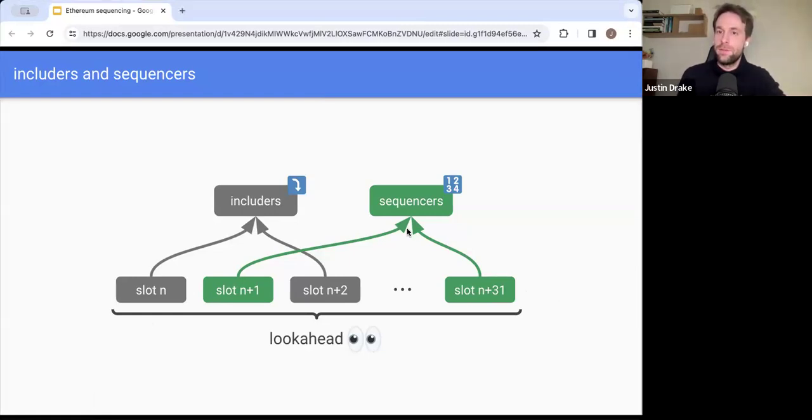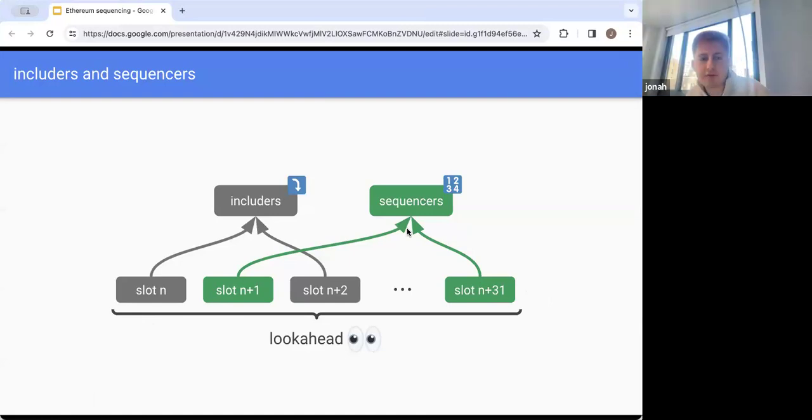Jonah. Yeah, I just wanted to go back to the pricing question. One of the beauties of the execution ticket proposal is that you actually get a closed form price or value on the block space. Yes. So you can use the ticket to get an implied value of each transaction or each unit of gas in the block, and you can use that to back out how much you'd want to charge for pre-confirmation.